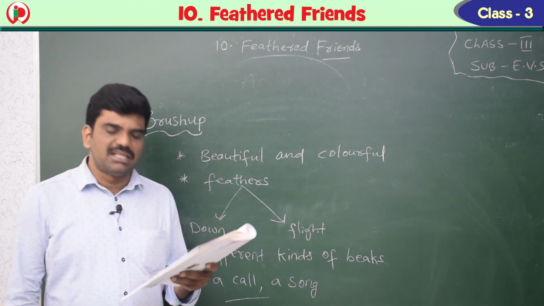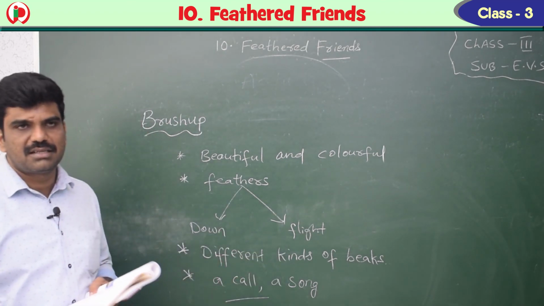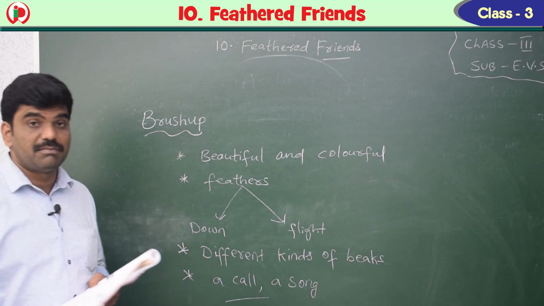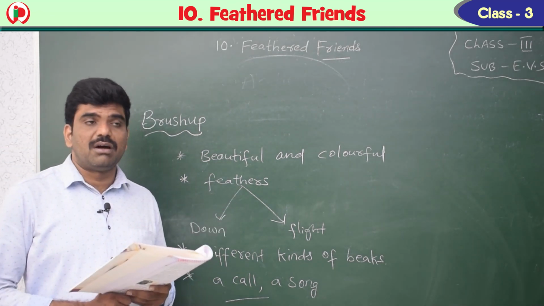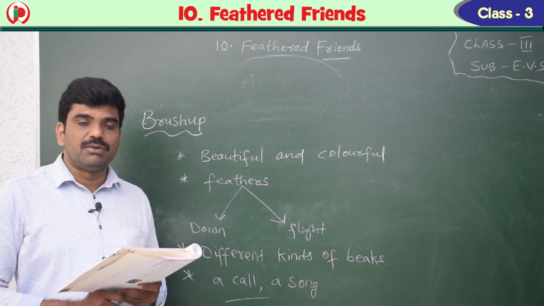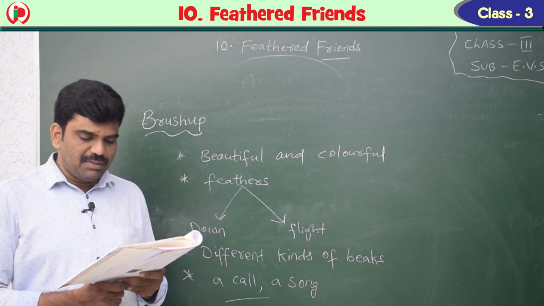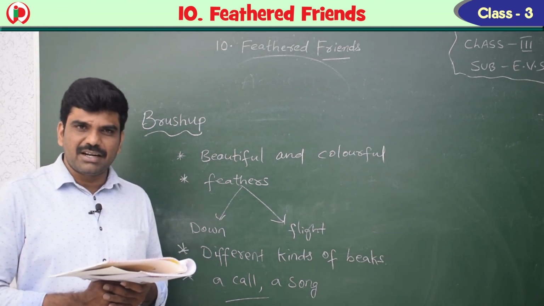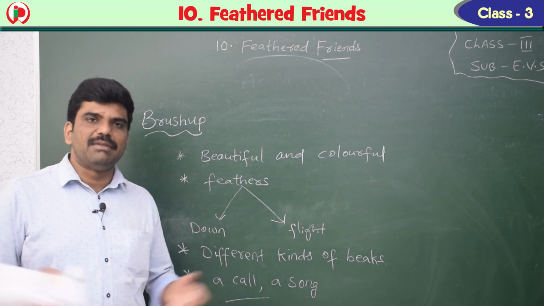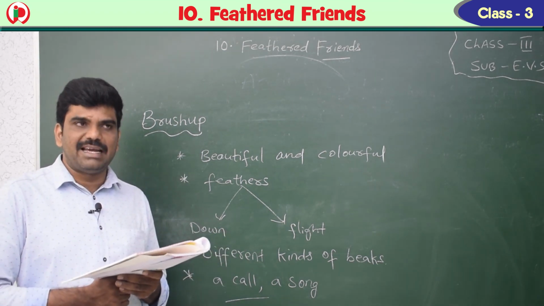Let's see the life skills, children. Birds are our friends. Yes, birds help us in many ways. We should be kind with them. We should not harm them. We should not keep them in cages. Is keeping the bird in the cage right, children? No. We should leave them independently. They love to fly in the open sky.